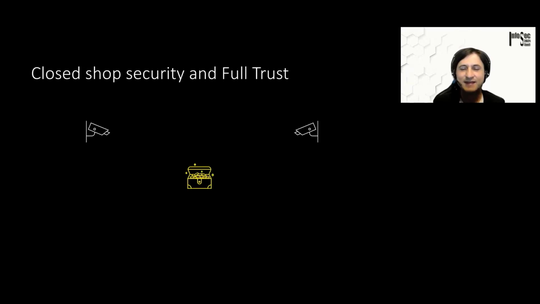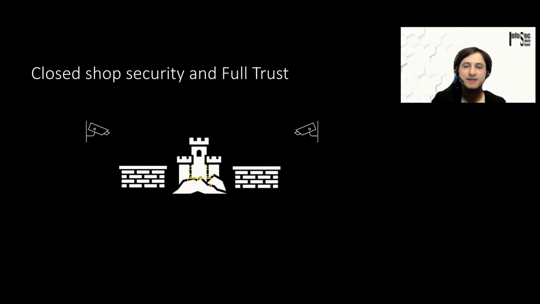And then in the mid 90s, when I was taking that class, he told me that people got really nervous when client server computing started to happen, because all of a sudden the control was lost, right? The data was now much more distributed in a client server fashion rather than just being on the mainframe. But basically what then happened again is with the intranet scenarios, right? We established this full trust within the company where we have this castle, right? And you have the perimeter, and as soon as you're inside, the location basically defines the security. As soon as you get inside that castle and it's inside the corporation, there is very little security. And that is a problem.